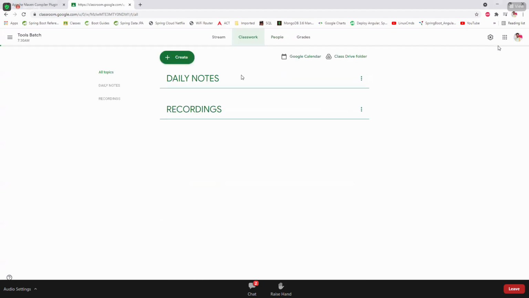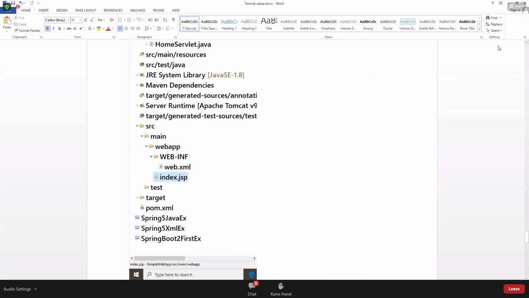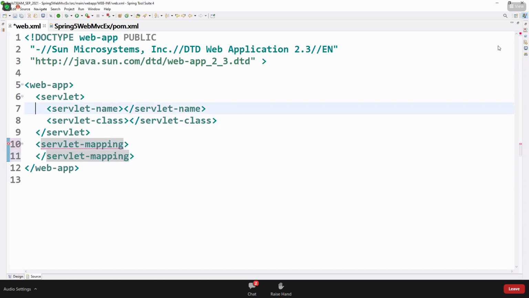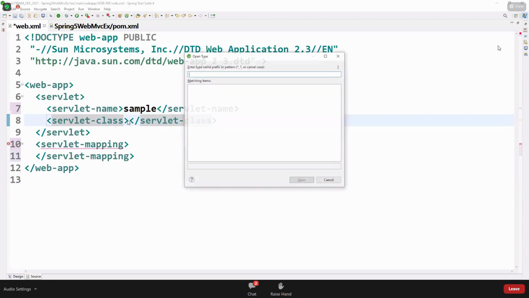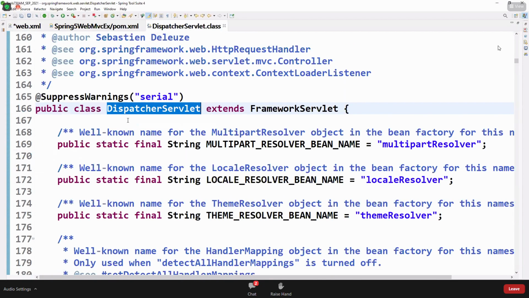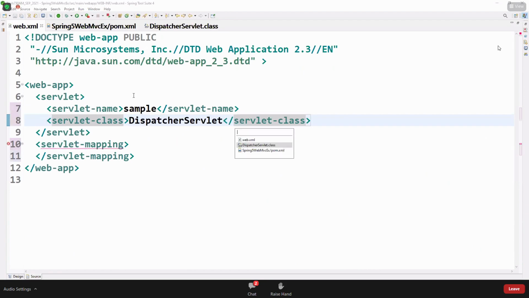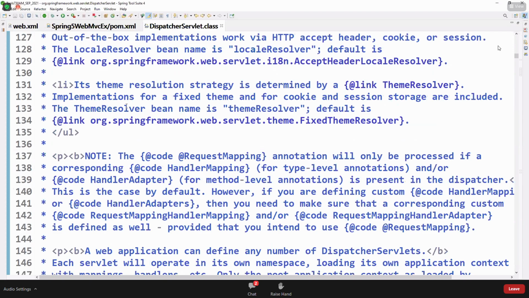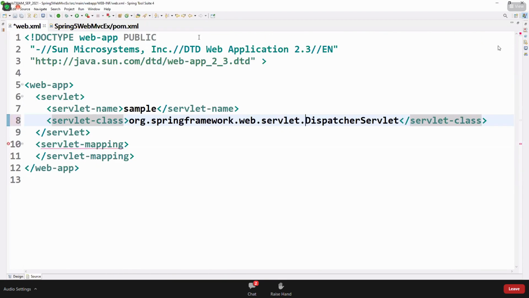Okay. Now let me continue. Observe. So this application I'm creating, servlet. There I'm writing servlet mapping. Okay. The same servlet name is required. I'm just writing here. It's a sample. Servlet class: Control Shift T. It's the DispatcherServlet. If you want to open any predefined class, Control Shift T. Already I gave the shortcut also. Control Shift R is for your class. Control Shift T is for predefined. You can see this.